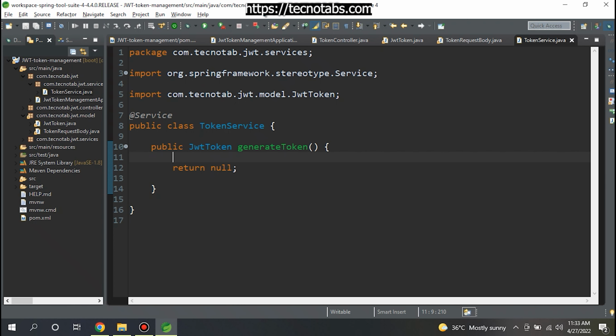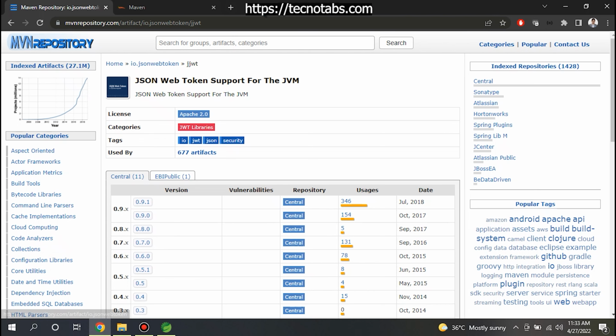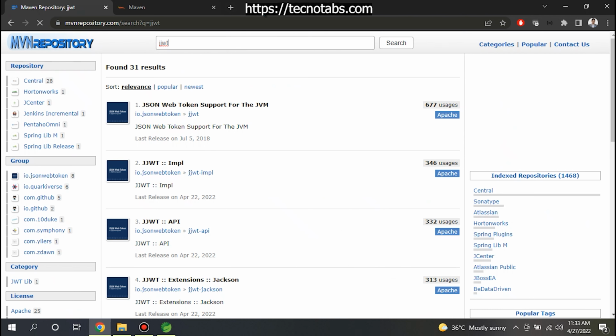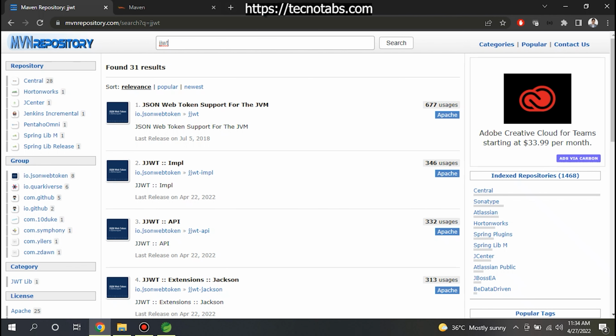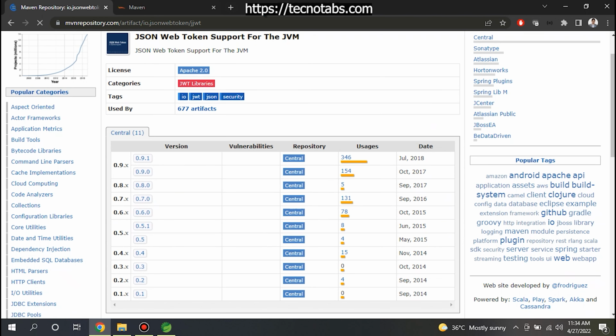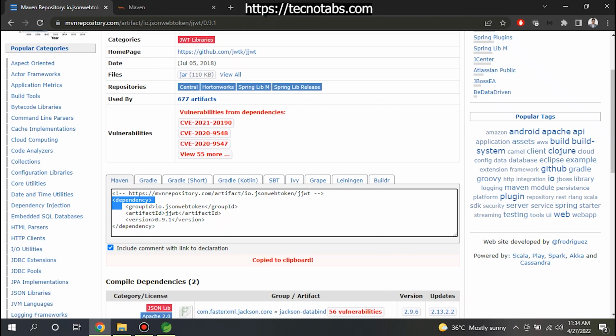So let's go to Maven Central and you can search for JWT. Okay, so you will get all these options here, out of which you have to select this io.jsonwebtoken JWT, and you will get all the versions in here. We are going to use this latest version 0.9.1 and select this dependency,